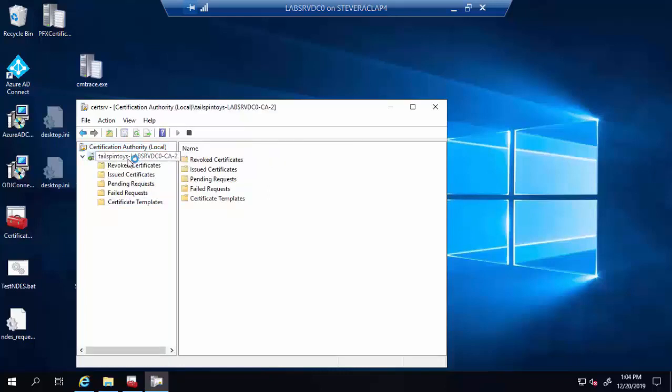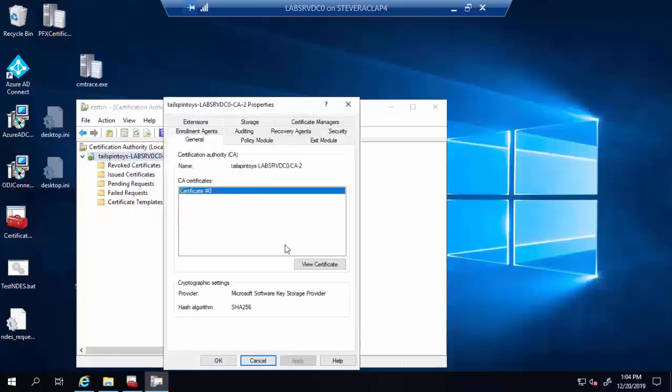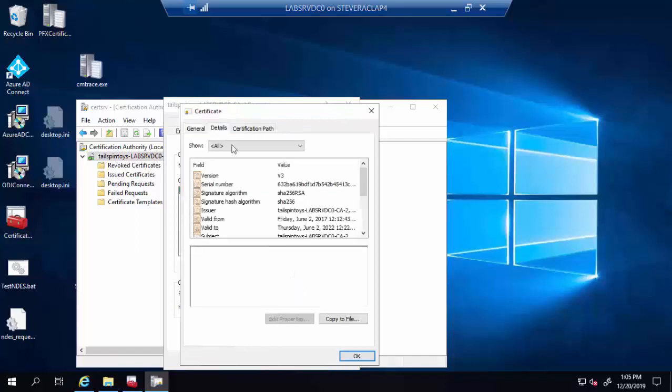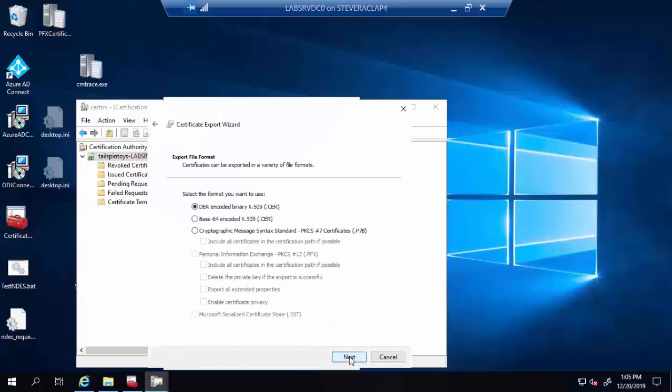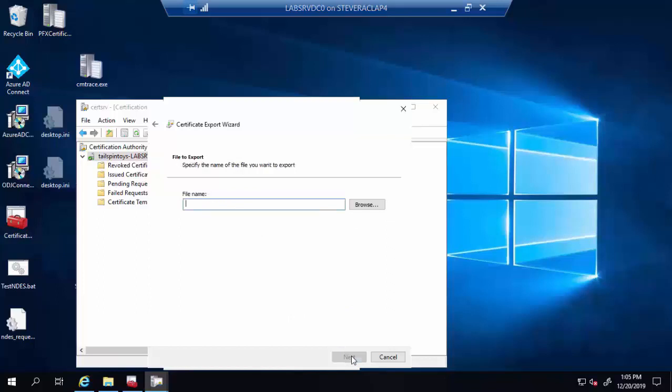But either way, first thing I need to do is go to Properties on the Certificate Authority, click on View Certificate, and then on the Details page, I can copy that certificate to a file, work through my wizard. Notice it's going to be a .cer extension, which means the private key is not included with the cert. I'll give it a name